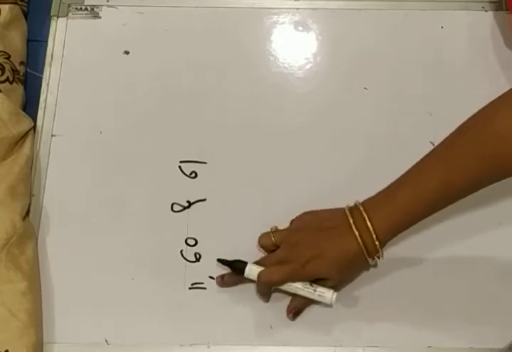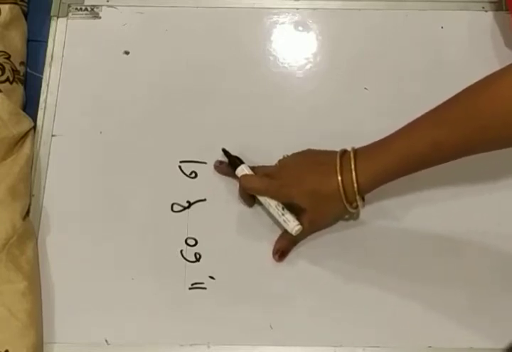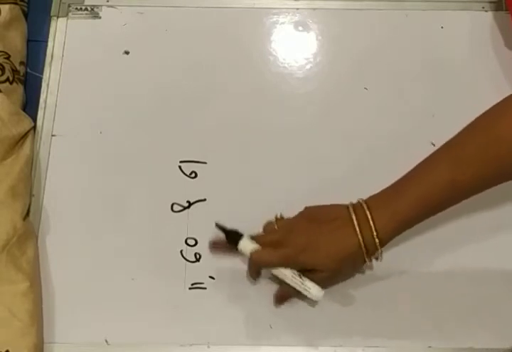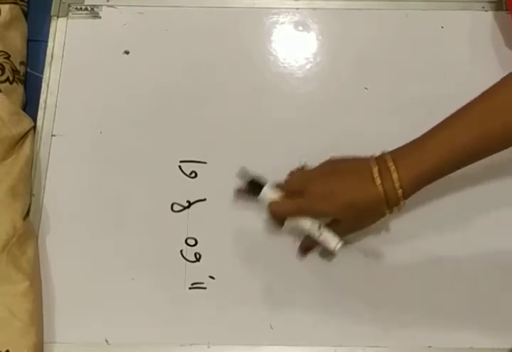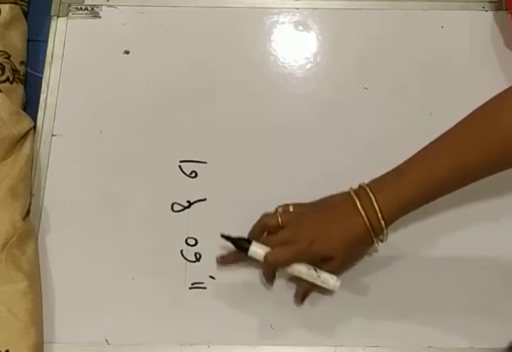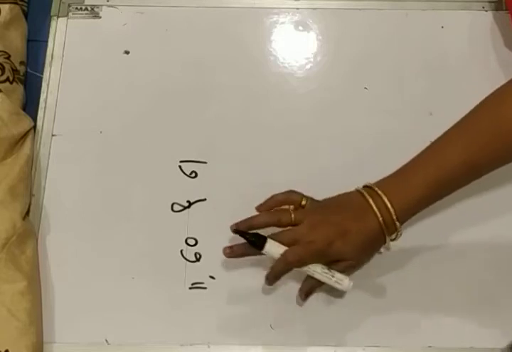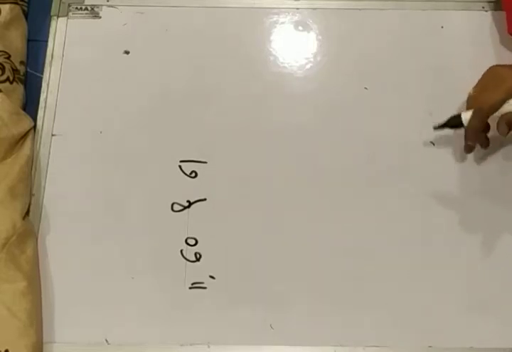So the greatest number is 61. The 61 square should be equal to the sum of the squares of the remaining two sides. If both are equal, then this is a Pythagorean triplet. And if these are not equal, then 11, 60 and 61 are not a Pythagorean triplet. Okay, so first